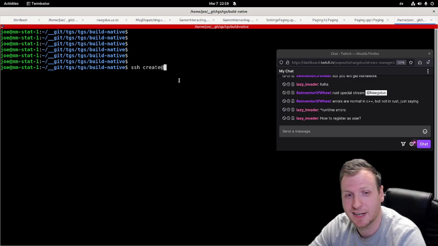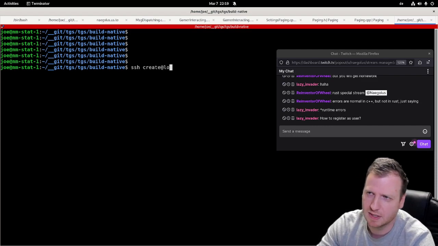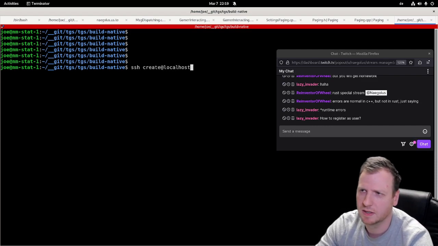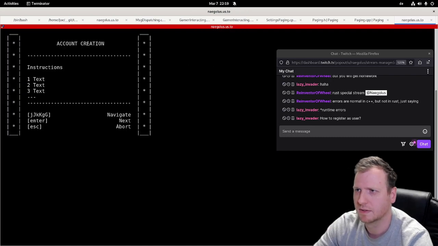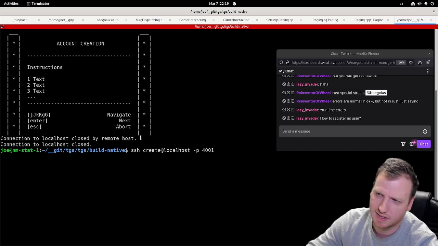So actually a user account is paid. That means if you connect to localhost and as user you set create, then this is a